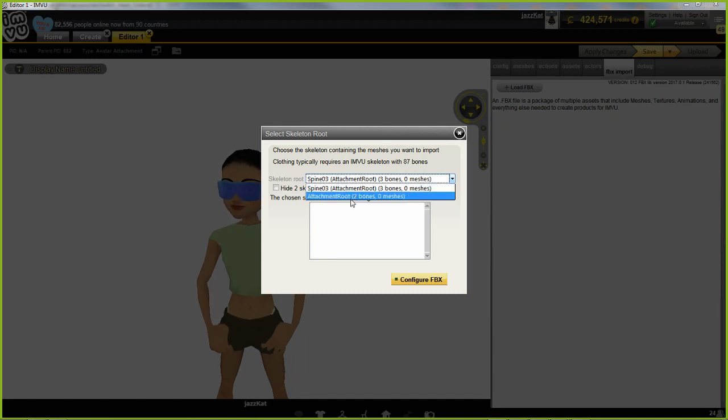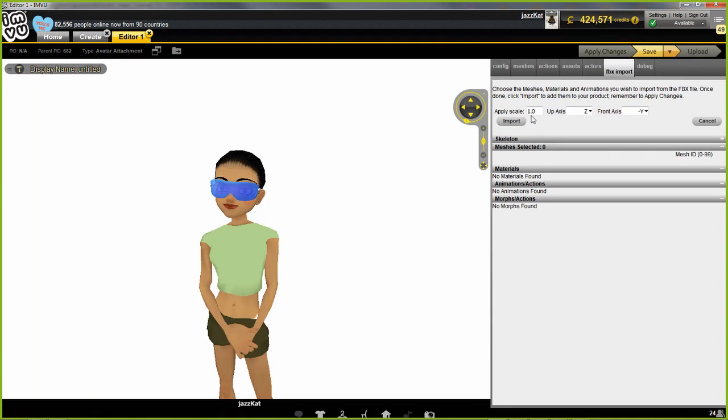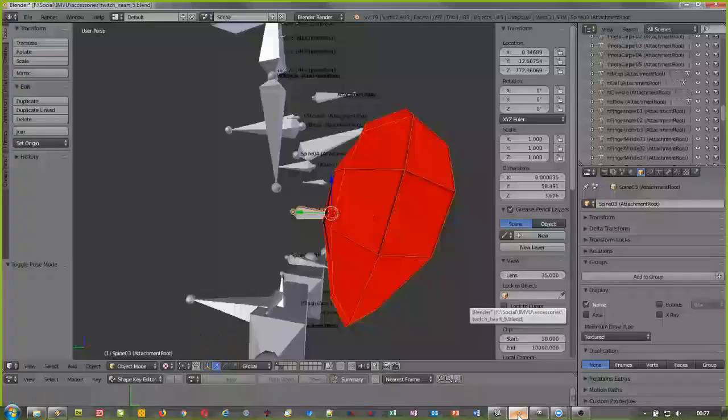I think I know why it's doing that. So we want attachment root, 2 bones, no meshes. No meshes, right, okay. So let's just import changes, see what it does. Right, nothing there. So back in Blender,